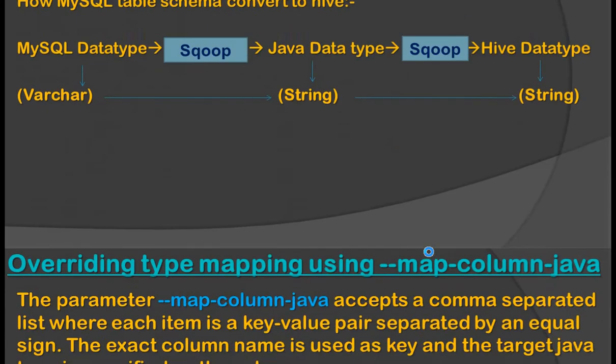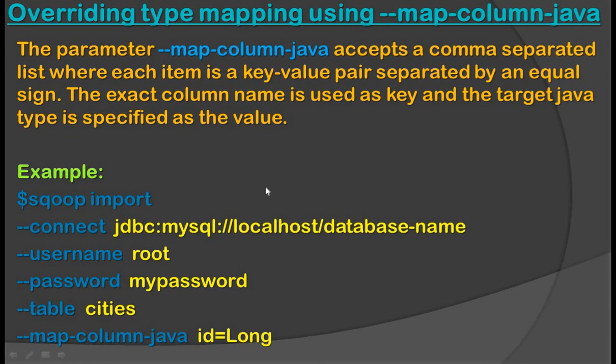So let's see how to override type mapping. First, overriding type mapping using double hyphen map-column-java. The parameter double hyphen map-column-java accepts a comma separated list where each item is a key value pair separated by an equal sign.